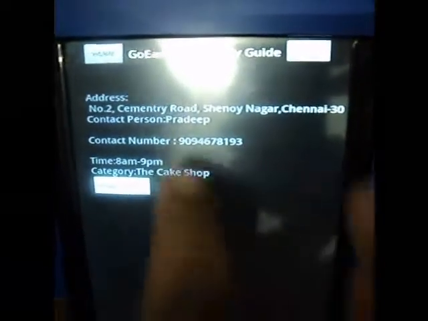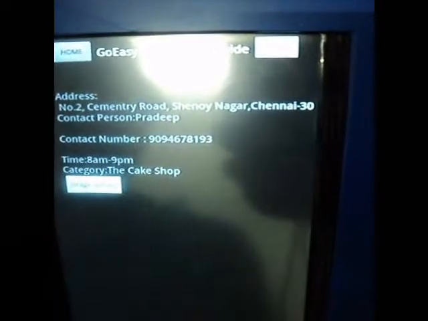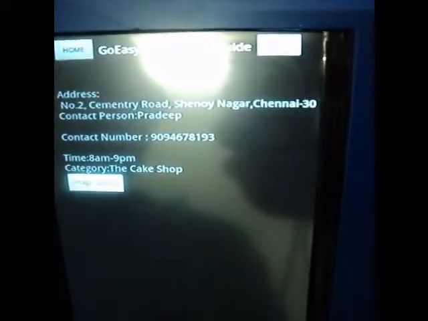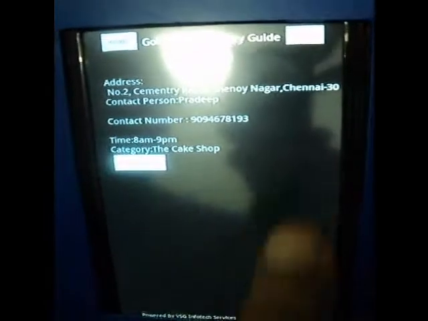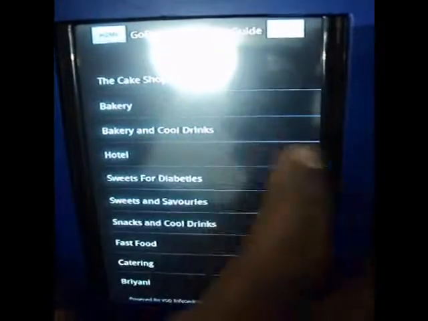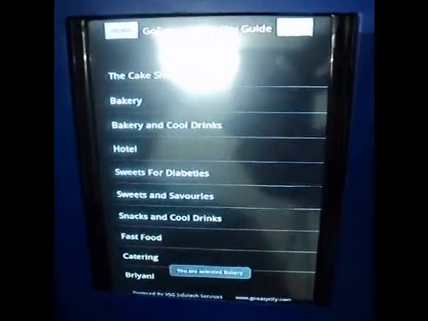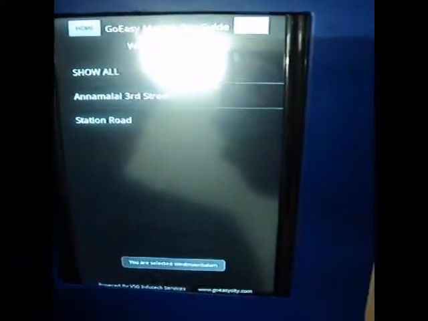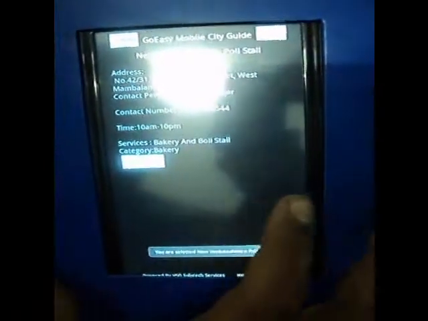And if they have some other categories, we can add these, and the images also. They can have a photo cake, whatever they are having. Those facilities they can have as an image. So I am going to search Westmoreland Bakery. Since I am looking for some cake shop, I think this shop is also popular. We can find out all the services they are providing, with the timing and other things.